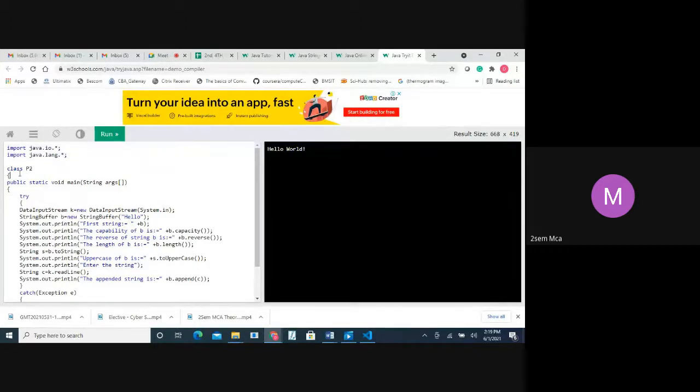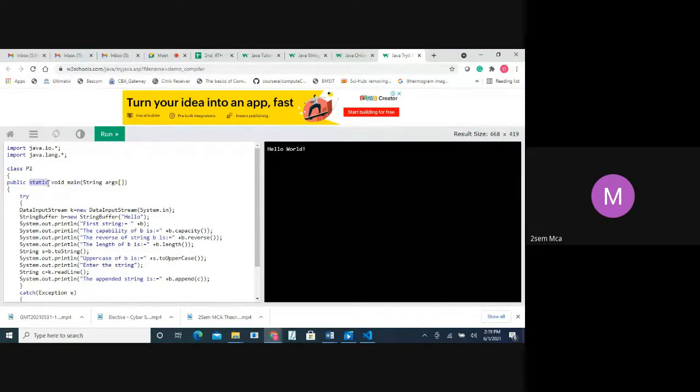Okay, next, start the program class. What file name have we given? Program. You can give anything, it is not a big thing, we have just given P2. Then public static void main String. I have already explained this. What is public? This main can be accessed by anybody. That is what is called public. Then what is static?